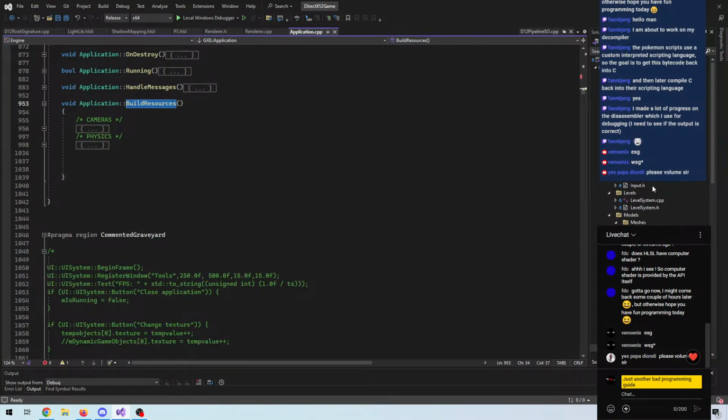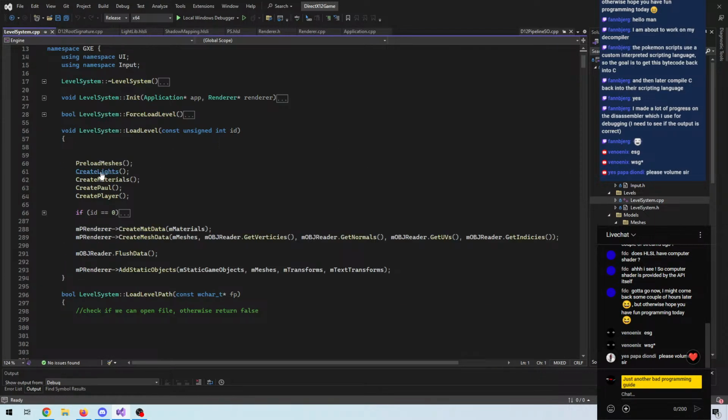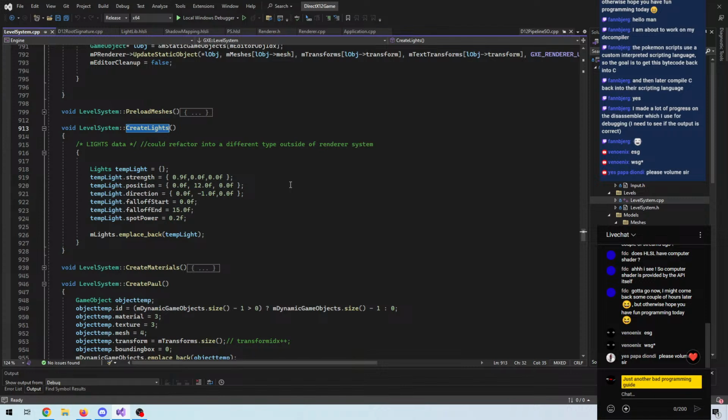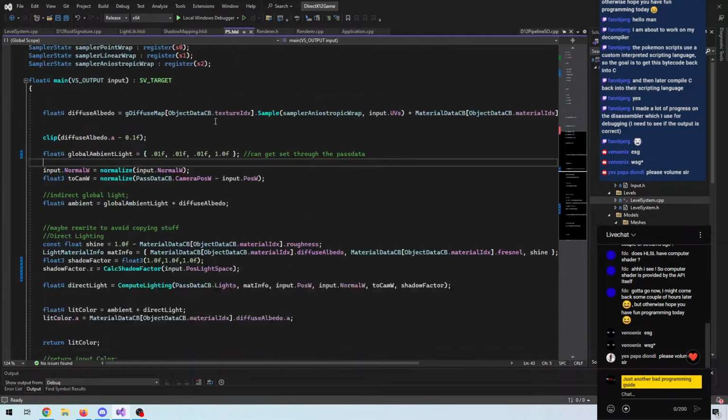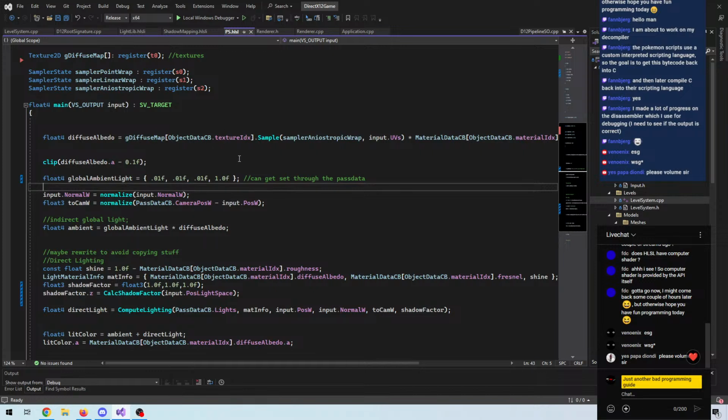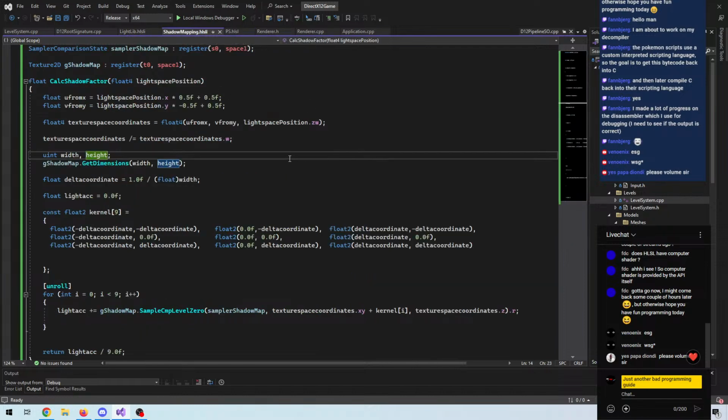Oh, lights are created in the level, of course. Calculate lights. So the position is, well, I think it might relate to the calculation of the x and y coordinates, because up here, I don't think we have the correct offset inside the shadow map texture,